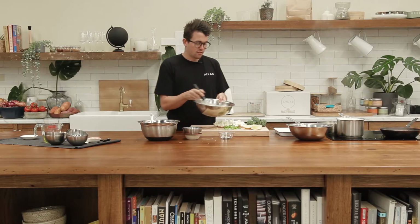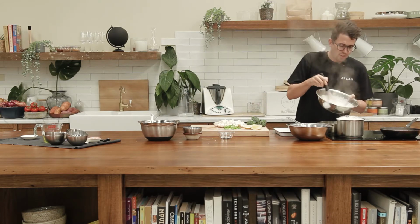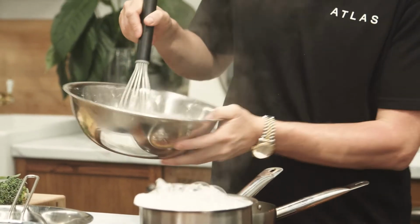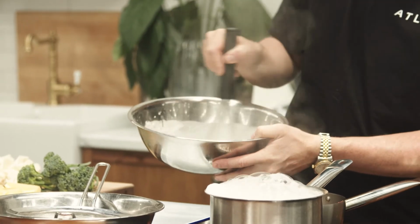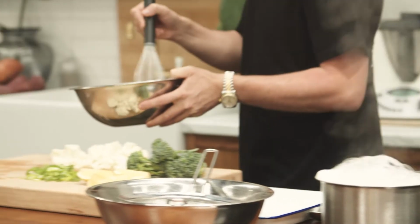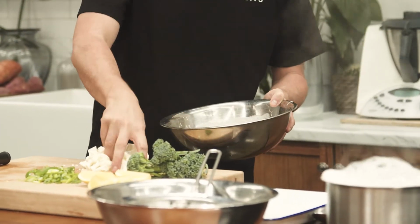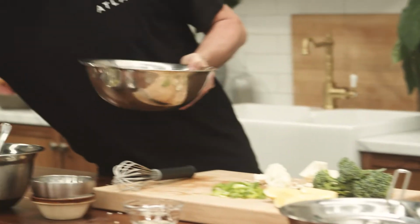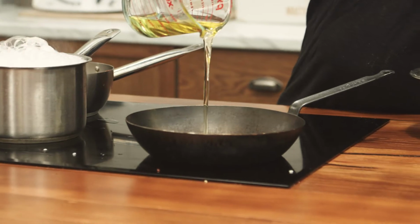So now we've mixed our rice flour and water. So you don't want to add all the water in at the start, I should have mentioned that, because you might want to get it a little bit thicker. So this sort of consistency where I can sort of draw a figure 8 in it using the whisk, like so, and I can see it. I know it's going to stick to the cauliflower. That's really important. So now I'm going to get that in, give that a good mix, and then we'll start cooking the cauliflower. So I go quite a lot of oil in the pan,